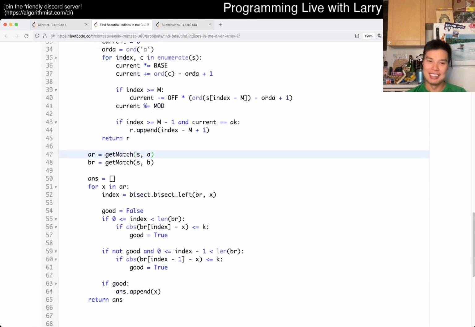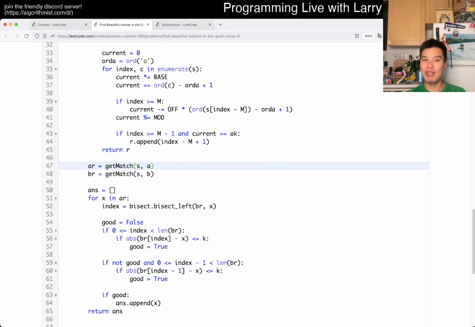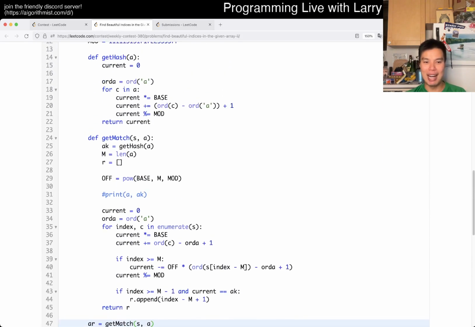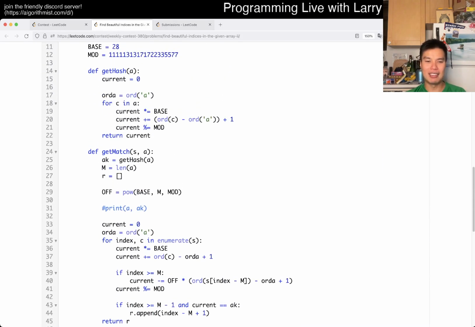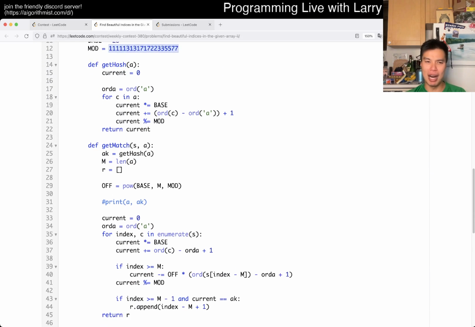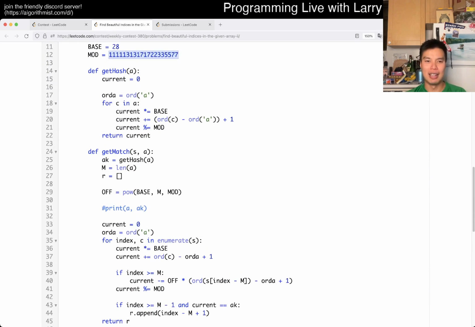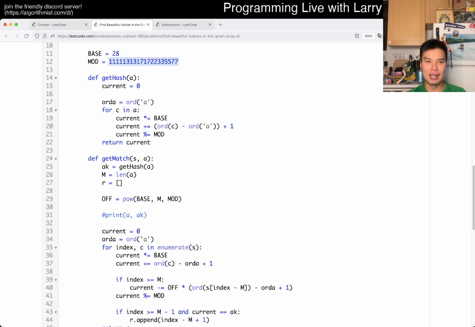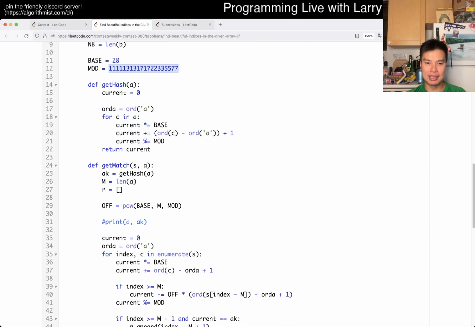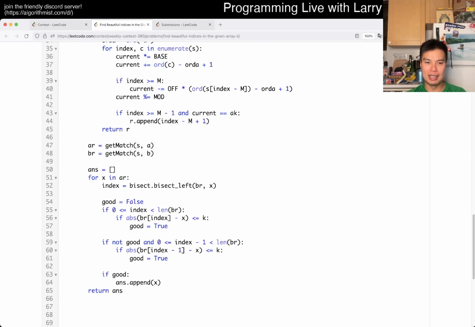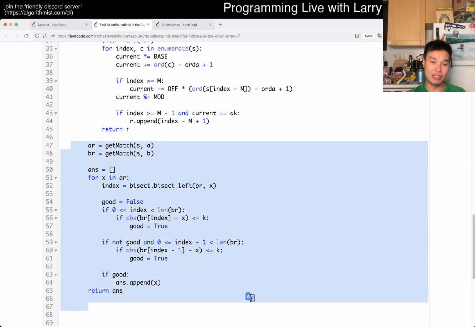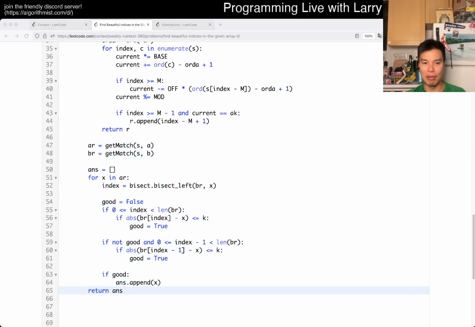But yeah. All right. Whew, that's all I have for this one. Let me show you the code. This is my Rabin-Karp. I always choose a random mod. I don't know, it doesn't really matter. Random prime. But yeah, this is the top. This is the Rabin-Karp. This is the binary search. And apparently you need the binary search, so I'm glad I did it that way. But yeah, let me know what you think. And you can watch me solve it live during the contest.